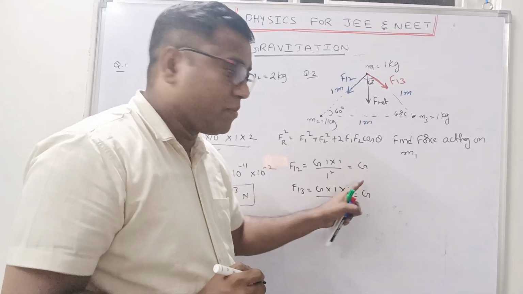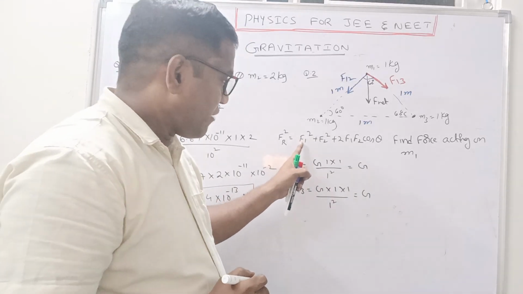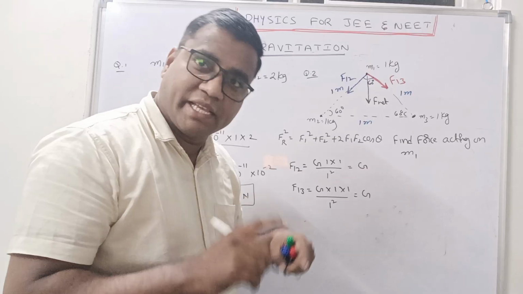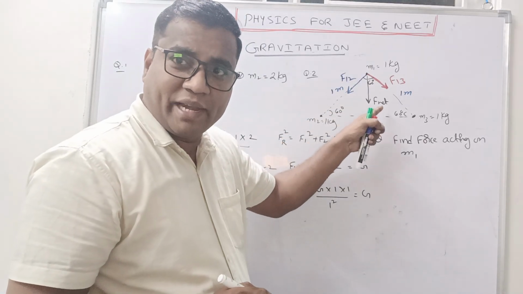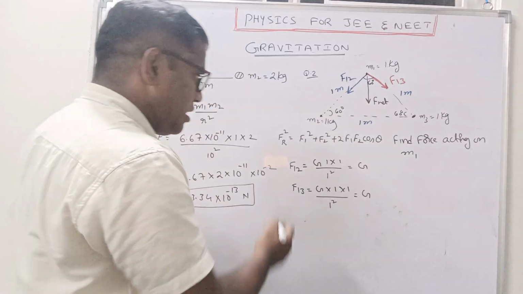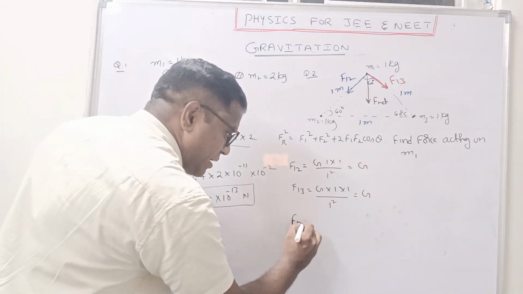That means here in this situation F1 and F2 remain the same. So now what we are going to calculate? We are going to calculate F net. So we will see how to calculate F net. So here F net square can be written as